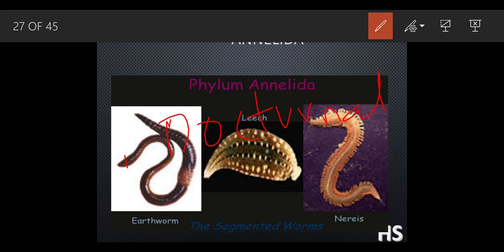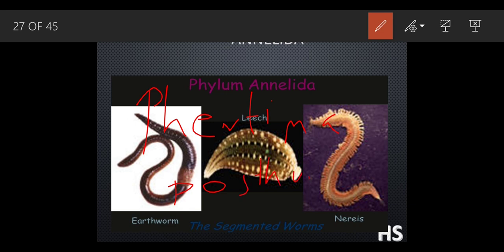What do you mean by the humus? Humus means which helps to maintain the fertility of a soil, which makes the soil suitable for the cultivation of the crops. Now the common Indian earthworm, its scientific name is Pheretima posthuma. Pheretima posthuma is nothing but the scientific name of the Indian earthworm. Because there are different types of earthworm, but we have to study only this name, that is Pheretima posthuma. This is the scientific name.